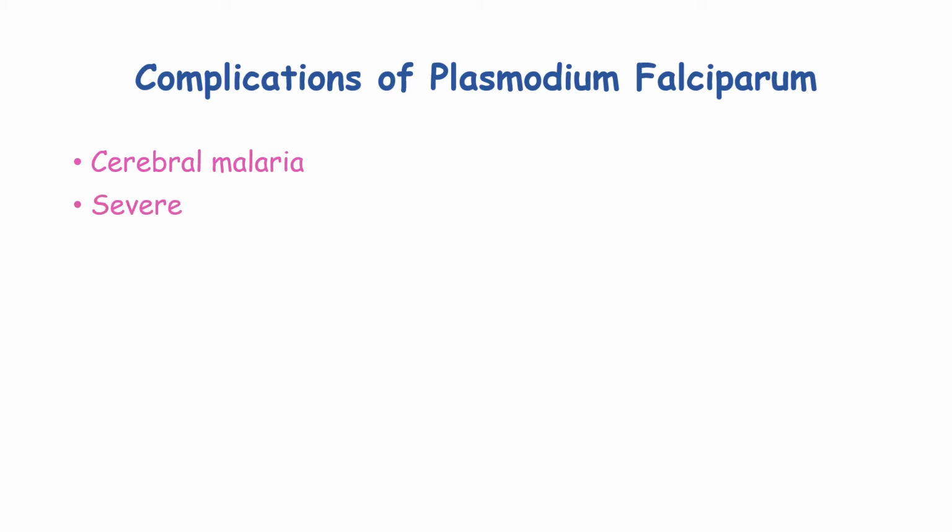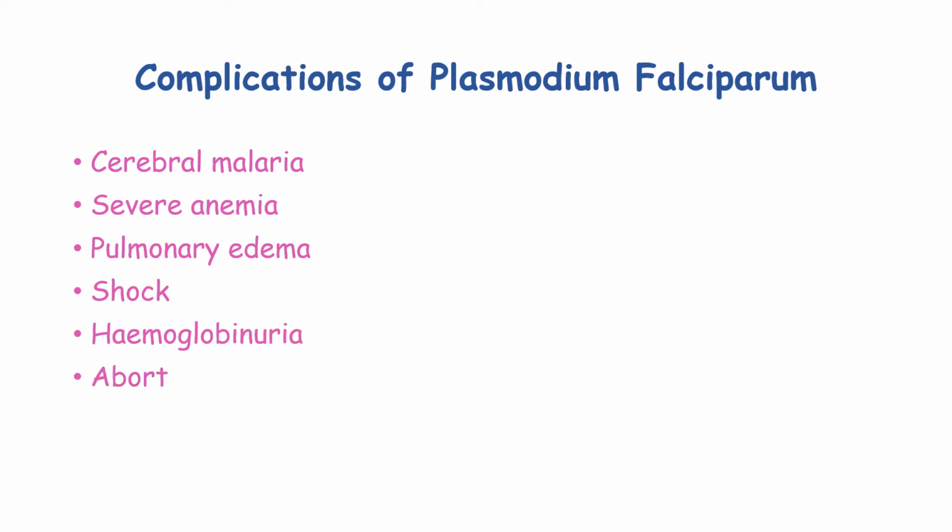Damaged red blood cells can result in the development of anemia. A serious complication is pulmonary edema, where a buildup of fluid accumulates in the lungs. This causes problems with breathing. It also causes shock, hemoglobinuria, abortion, and stillbirth. Damage that reaches the spleen, liver, or kidneys can be life-threatening. The spleen can rupture and severe impairment to the function of the liver and kidneys can result in total failure.